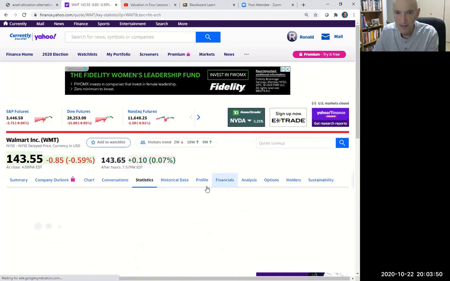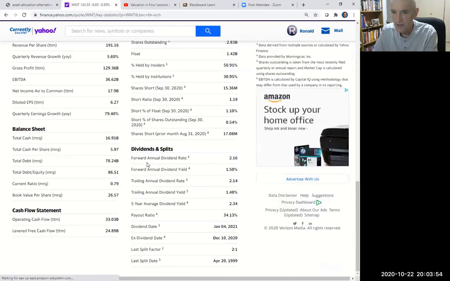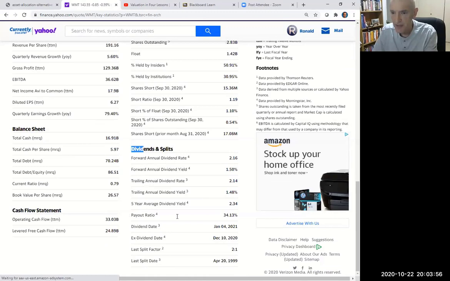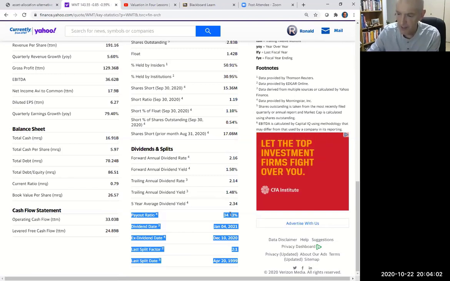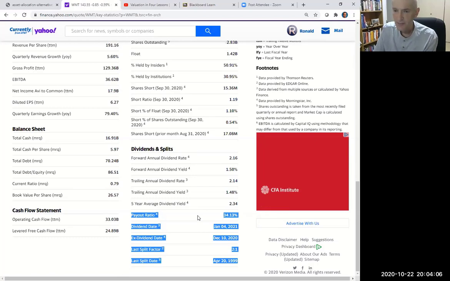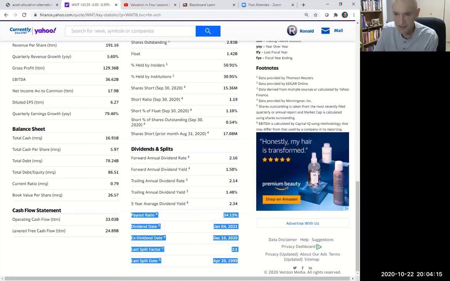I know Walmart has dividends. All right, so look down here under the dividend section. Do you see this payout ratio here, 34.13? Can anybody tell me what their retention rate is? If your payout's 34%, what's your retention? A little over 65%. Yeah, so round it to 66%. It's just 1 minus the payout. And so for Walmart,